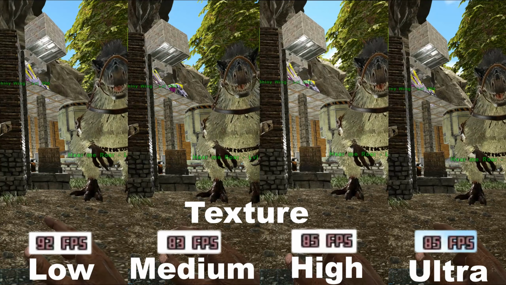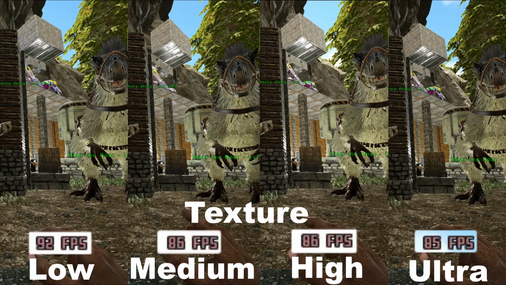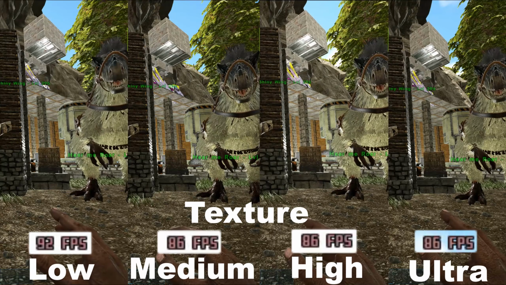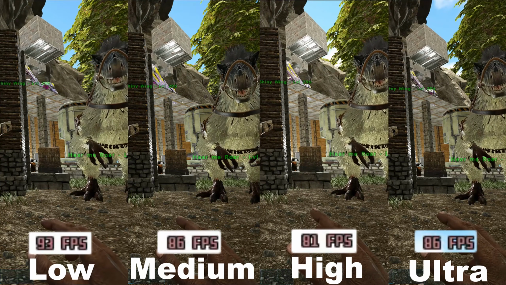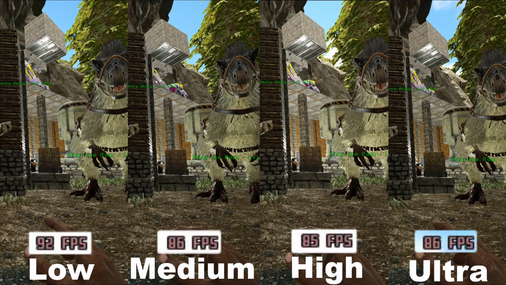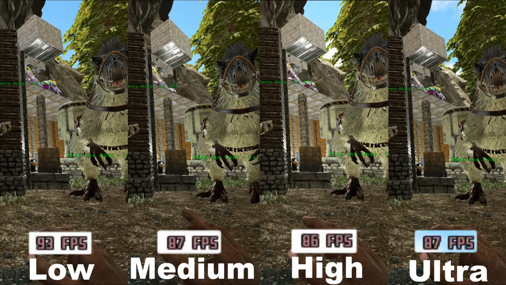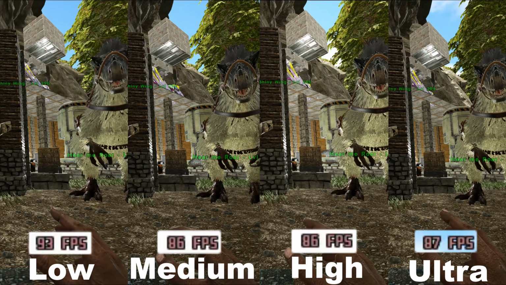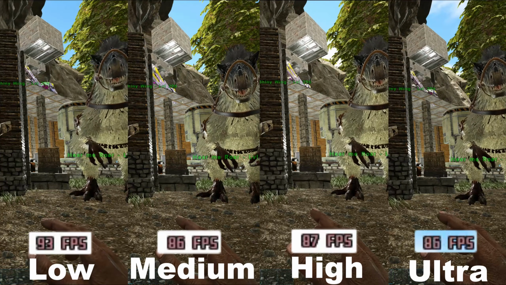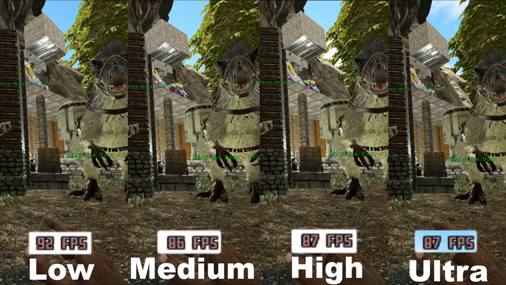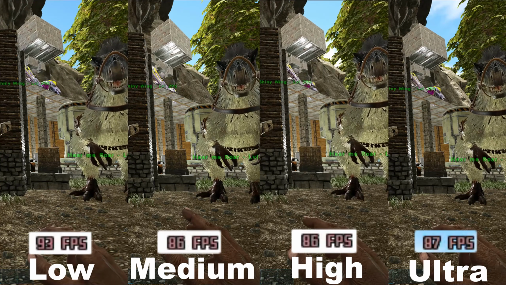And next up we have the textures. So the textures are going to change how detailed the different textures in the game are. So that can be the terrain, the different rocks, not trees, but different rocks. That can be the ground, or as you can see on this user around us here, it can be the textures around you. If you look at his face, it's much more sharp the higher up you go.